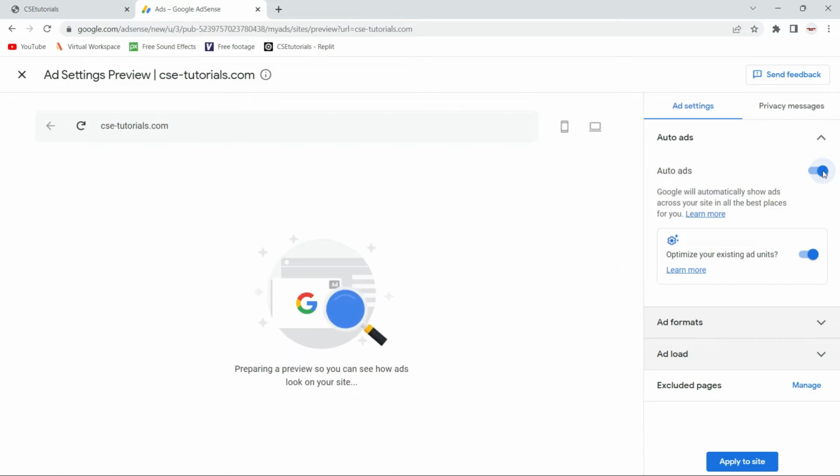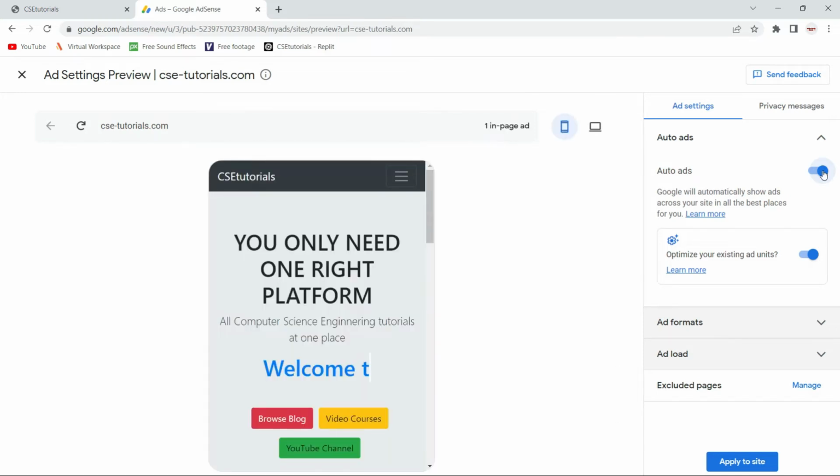Once you activate this, Google will put ads on your website automatically. Means Google will do all the things automatically. You just need to do one thing, which is put the ad code that we just copied onto your web pages. So I will click to apply sites.